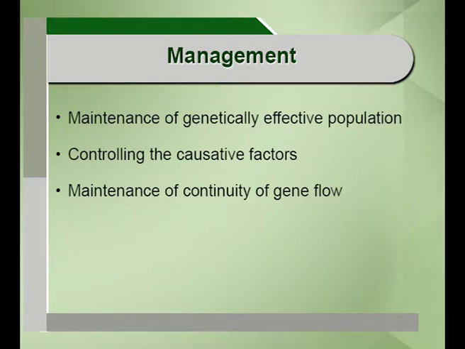And we need to understand about the management. We have talked about the biodiversity, we have talked about the threats, and we need to understand how well we can manage it, because management is a very essential thing. As far as the management of species is concerned, the foremost importance should be given to endangered species, endangered populations. So the genetic management of endangered populations is a very, very important thing.